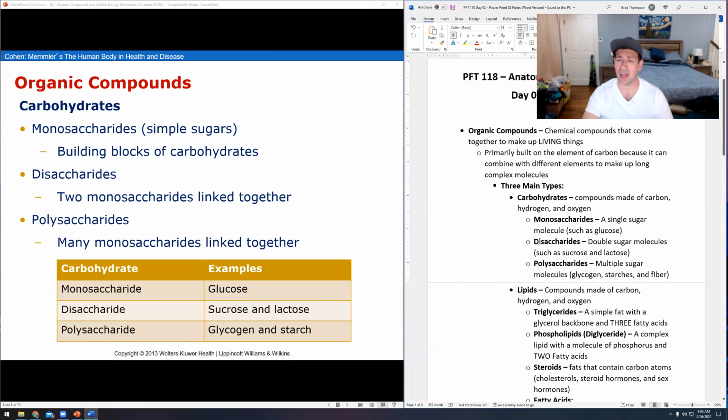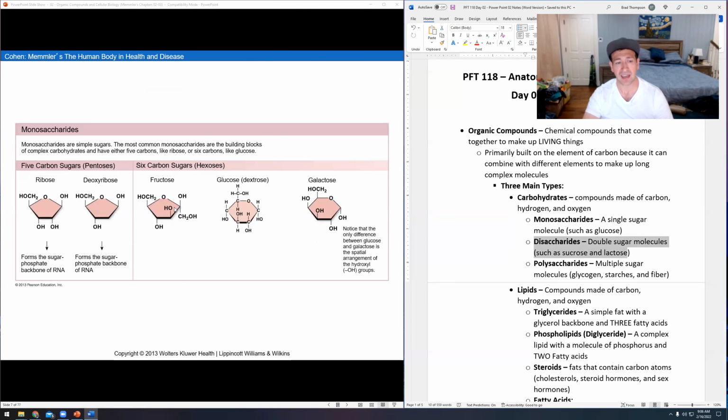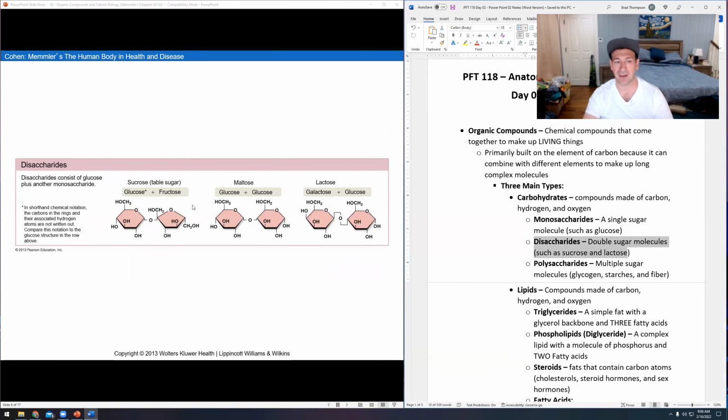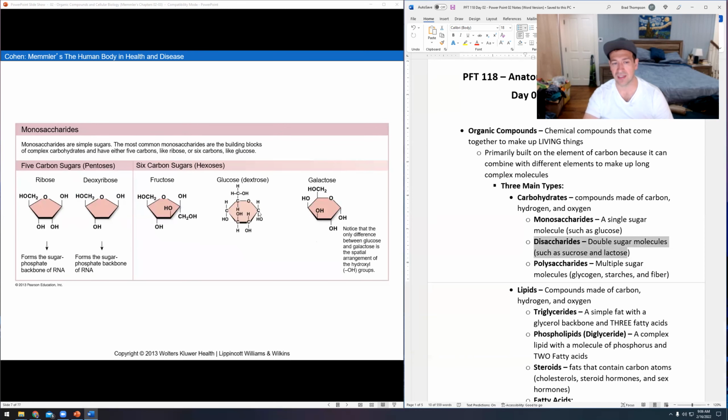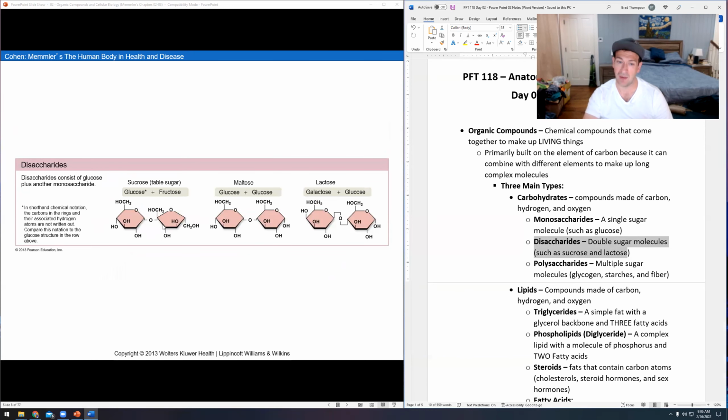And for the record, there are also disaccharides in the middle. I know I didn't talk about these in length, but disaccharides, you can see here, so these are all the monosaccharides, right? All the single sugar molecules. There's glucose, that's the one we most often talk about. Fructose is the one found in fruits, by the way. But then here's your disaccharides. So this is table sugar right here, which is a little bit of this single sugar and this little bit of single sugar put together, which is why it tastes so freaking sweet.